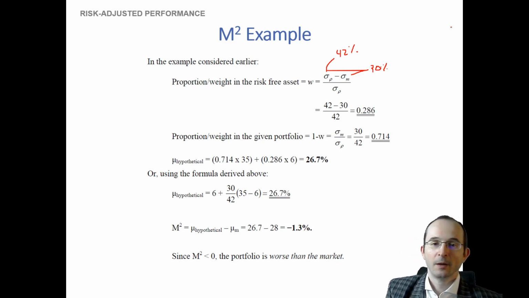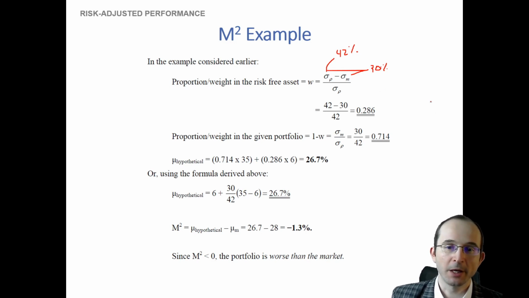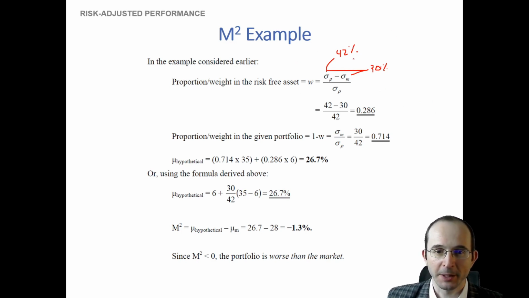So what then is the weight that we would need to assign to the risk-free asset to make our candidate portfolio, that, remember, also has an expected return of 35%,